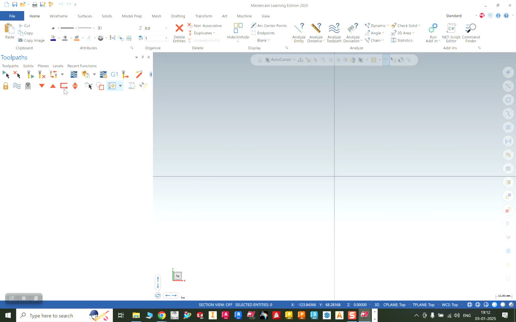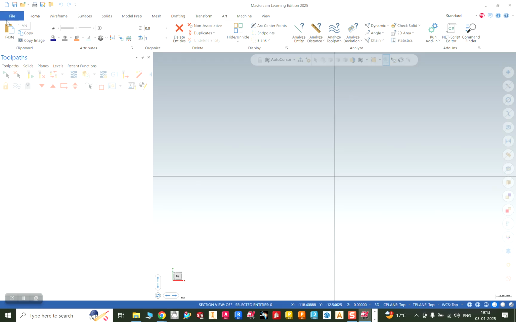When you can see these toolpath icons, they are very large in size, so visibility is quite good. I have done it; otherwise these would be small icons. How are we going to do that, and how are we going to change the units? By default the units are in mm. Right now, if you can see on the right side, the units are in mm. So what we have to do